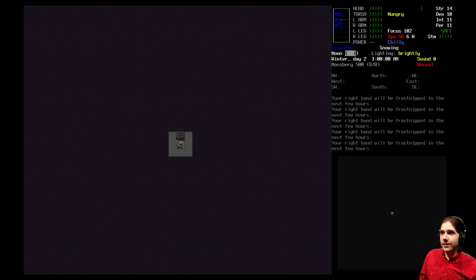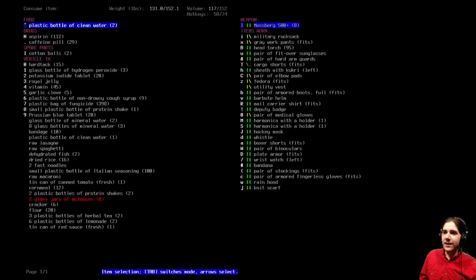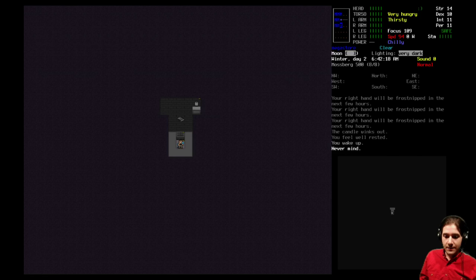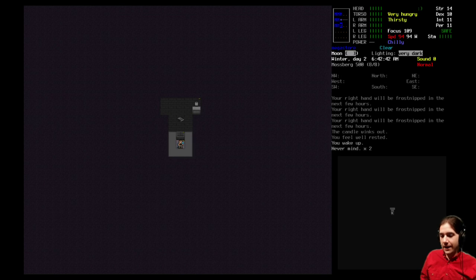Mechanic skill is reduced to 5. Boy, that skill rust sure took effect fast. Or kicked in fast. Oops! The candle! Oh well. I had a lot of those. I forgot to turn off my candle. So I guess it's just gone. Easy enough. Okay. I don't want to eat my protein shakes yet. If I had a water source to boil with...